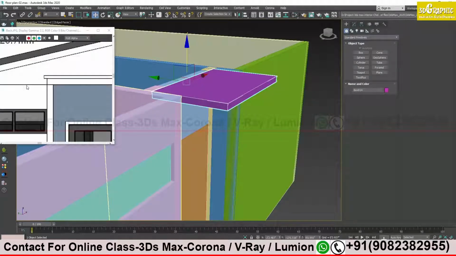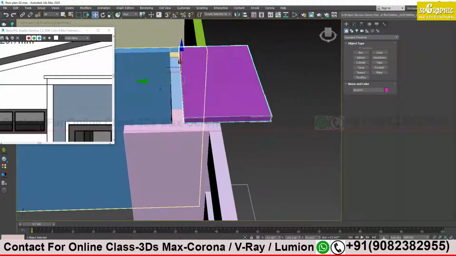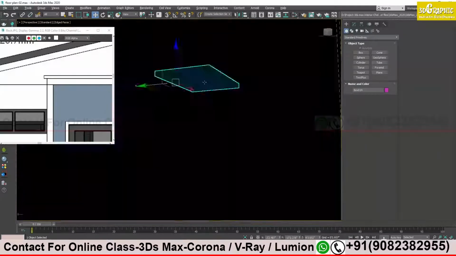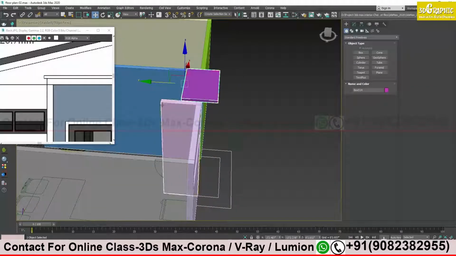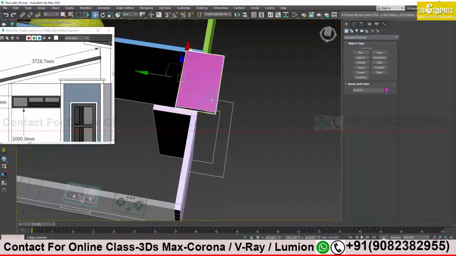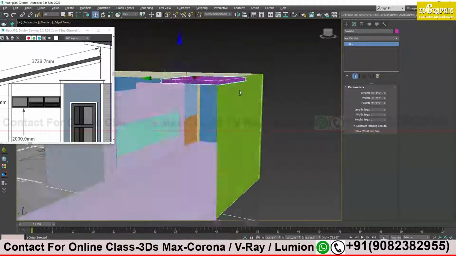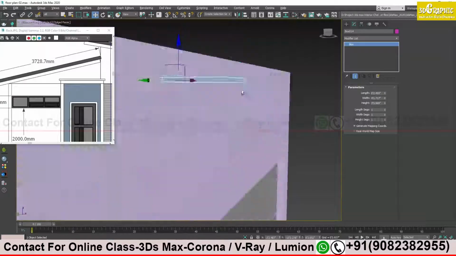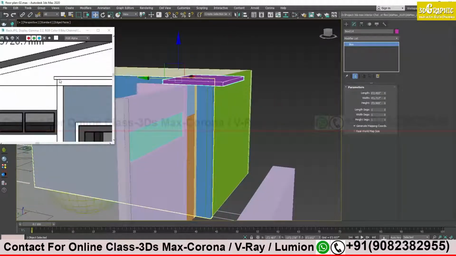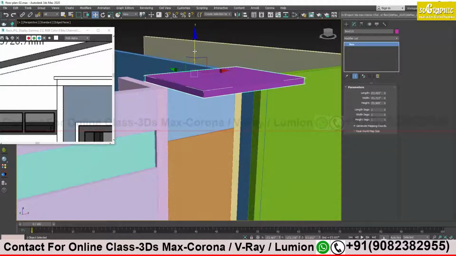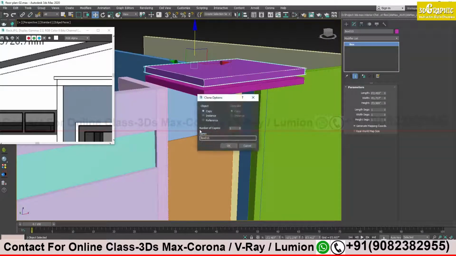Now see, this is my wall height, and my additional box which I'm trying to create should be a little bit up from here. So I will drag it up and drag it back a bit. It should be somewhat like this. How much the height is extruded I don't know, so I will just keep it like this. I will increase the height a bit. Let it be like this. Okay, and there is one more, a smaller one on top of that. So again I will press the shift key, drag it and make a copy of it.